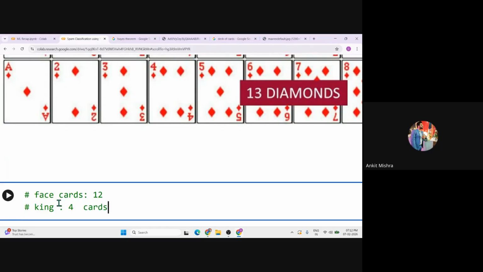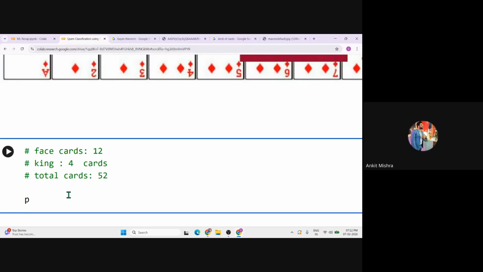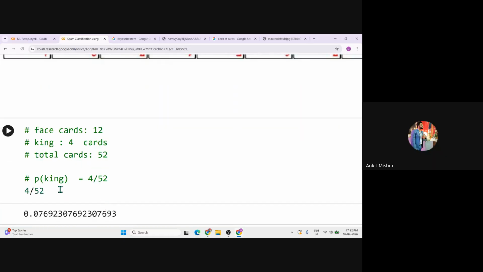The total number of cards is 52. So the probability of getting a king is total favorable outcomes, the total possible king cards, which is 4, divided by total possible outcomes, which is 52. Once you solve this, 4 by 52 is 1 by 13.